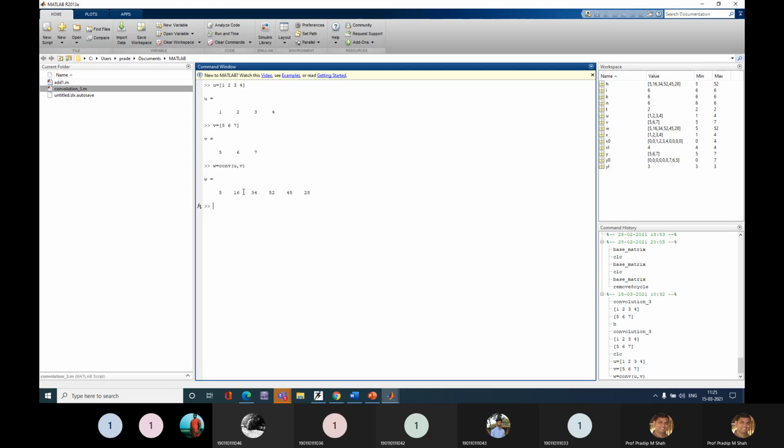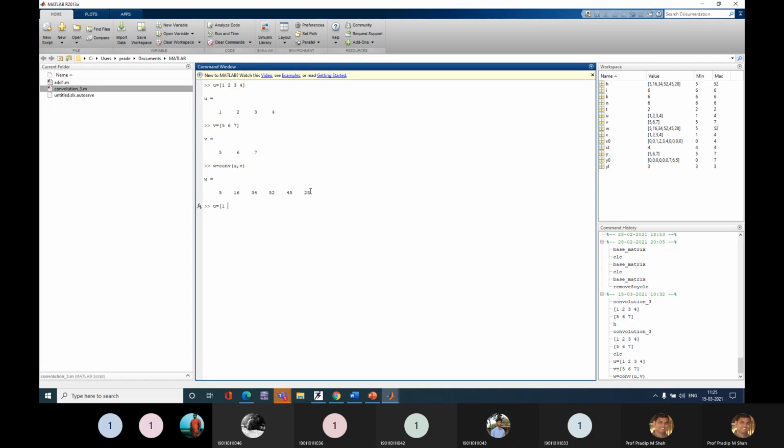You may note that the length of u is 4 plus the length of v is 3, so 4 plus 3 is 7, minus 1 is the length of w. Is it clear? You can also take another example to verify that.